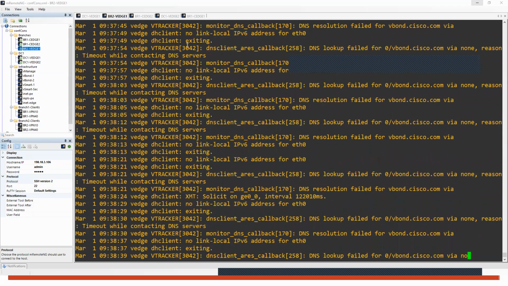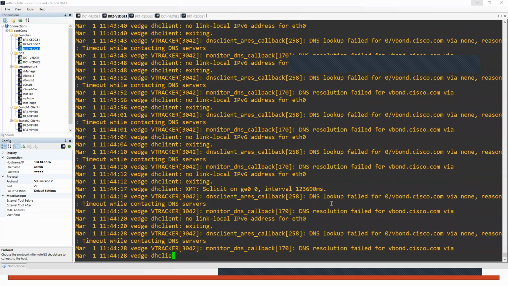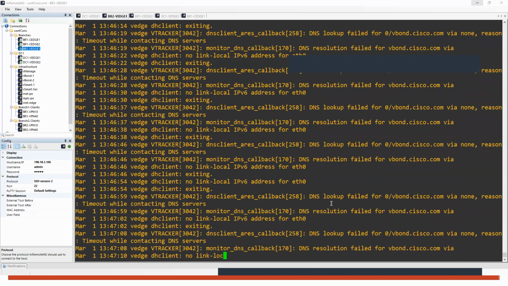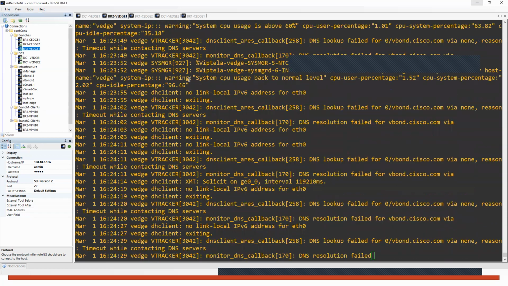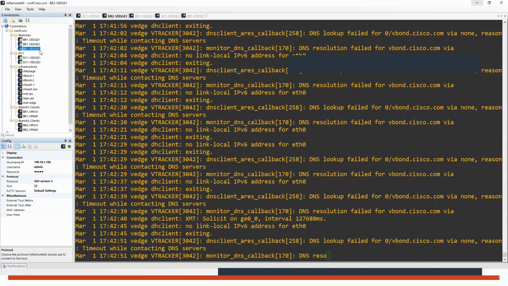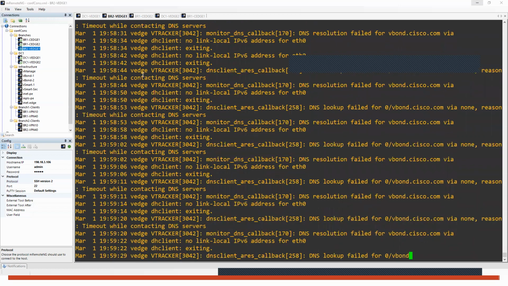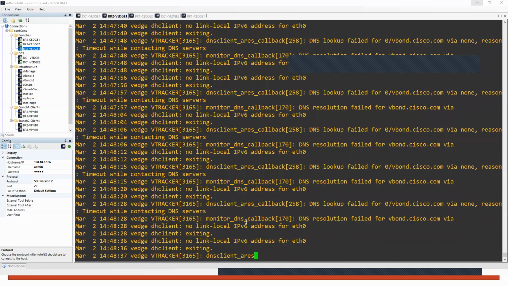But in this also you can see that it is telling that it tried to contact the vbond in all the fail messages. I'll open one more session so I can show you only the bottom lines. It's not allowing me to open another session, but I can open it in the